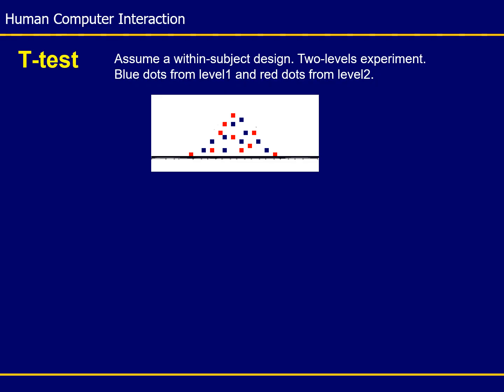So let's put here some realistic scenario. Let's say I am testing two keyboards, keyboard X and keyboard Y. So the experiment goes like this. Each participant will sit using either keyboard X or keyboard Y. I will put a piece of paper in front of him that contains some text, and I ask him to type the text that appears, either on the screen or on a piece of paper. It doesn't really matter, but they will type the text in front of them using the keyboard, and I measure